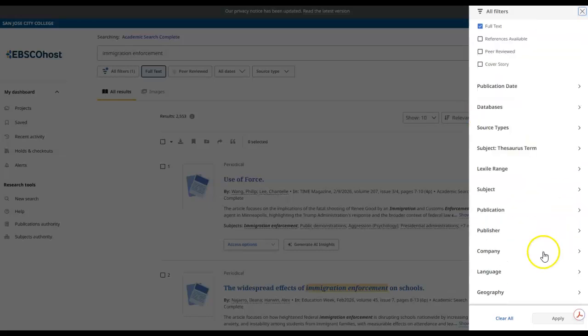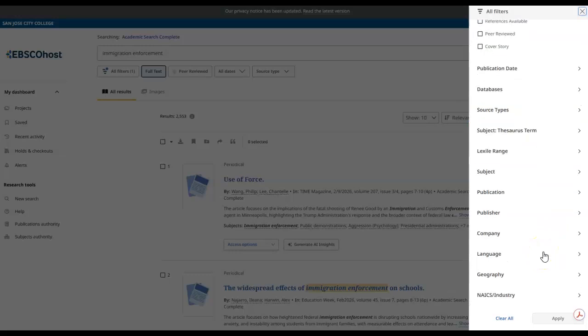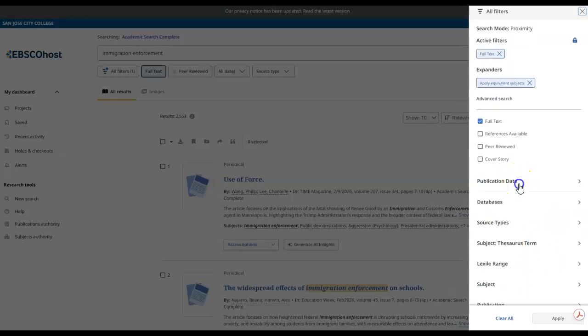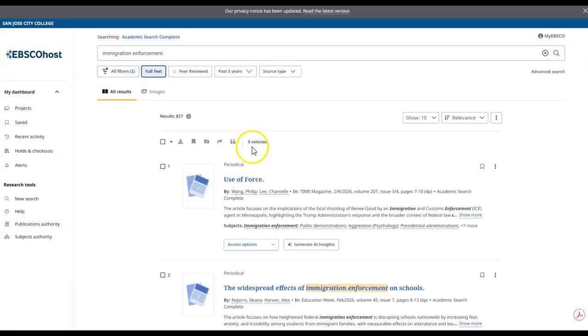You can also use all of these different facets to narrow. I strongly recommend you also look at publication date. Consider the past 12 months or the past 5 years, depending on the requirements from your instructor. Note that you do also need to hit apply down in the bottom right-hand corner to get to these results. You can choose any one of these articles. Let's say, for example,